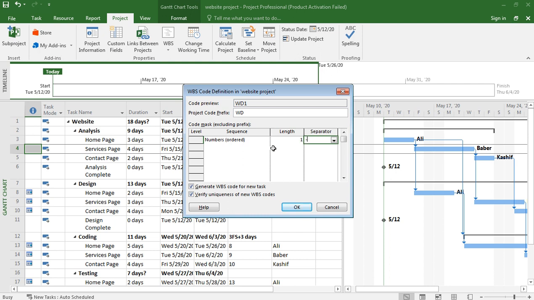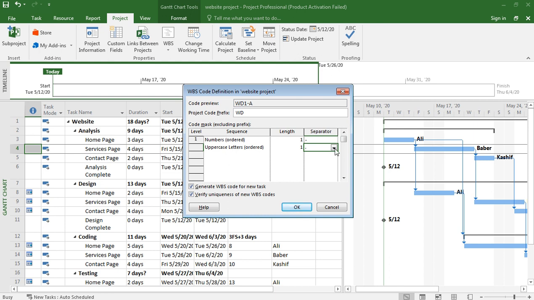So you see, this is the milestone. We have discussed the critical path and the scheduling techniques. We have also discussed in the project, if we go to WBS, define code.